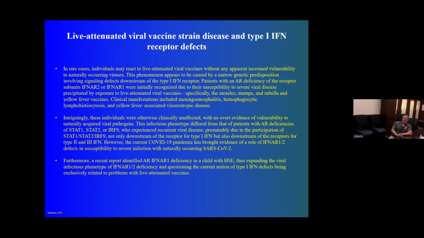And this has been seen for several different types of viruses: measles, mumps, rubella. We've seen this in people that have received yellow fever vaccines, that received the MMR vaccine. So we do see that this occurs in a small segment of the population. And again, when they've looked at these people, they see they've got some kind of genetic deficiency in the JAK-STAT pathway, some kind of deficiency in the pathway that leads to the production of interferon gamma, which again emphasizes how important the role of interferon is, alpha, beta, and gamma, both types 1, 2, and 3, in controlling viral infections.